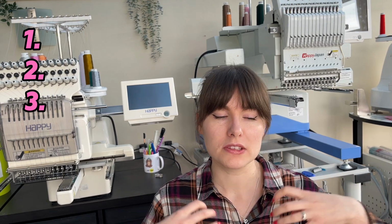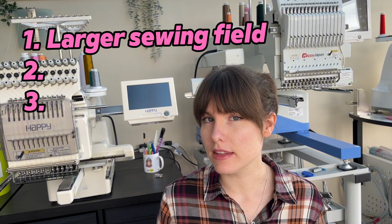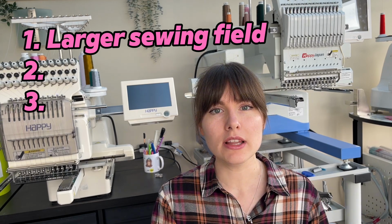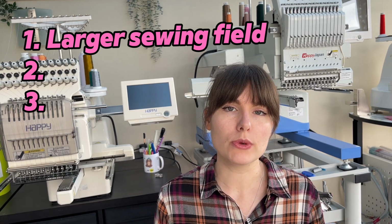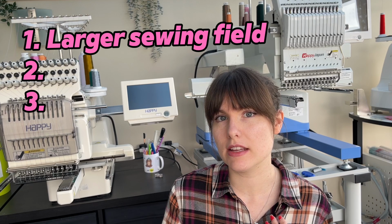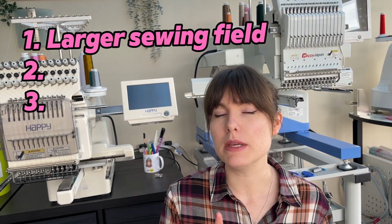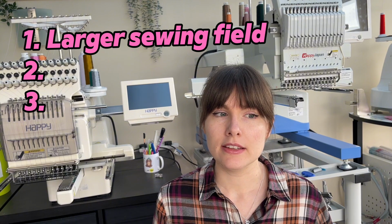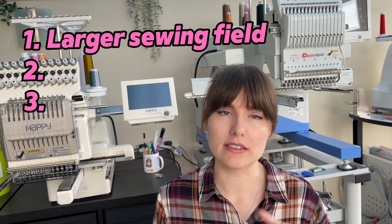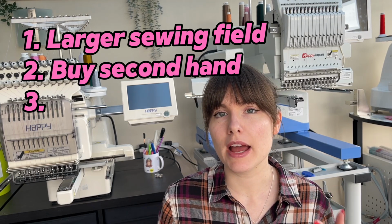Three things I would have perhaps done differently when purchasing my first embroidery machine: I should have asked myself what I actually wanted to make and how big these designs were going to be. The 10 by 10 sewing field is actually quite small, and it really limits you on what you can create. So I think I might have looked into purchasing a machine with a larger sewing field. That would be the biggest thing I would change. But usually when you buy an embroidery machine with a larger sewing field, that means the machine is more expensive. And so I would have perhaps